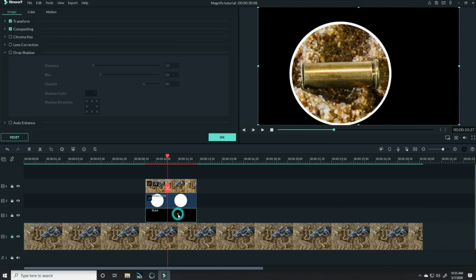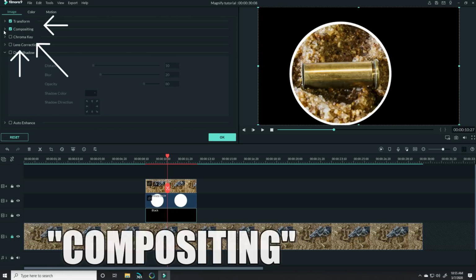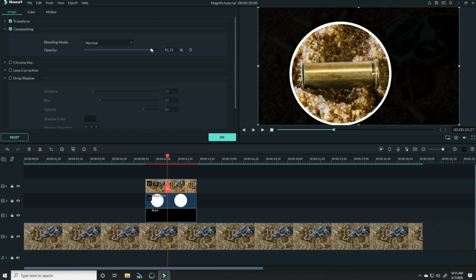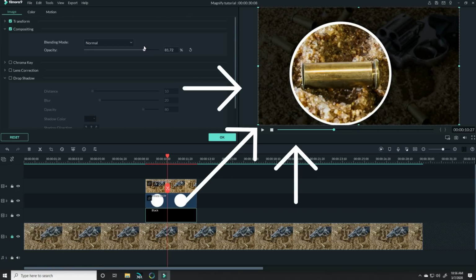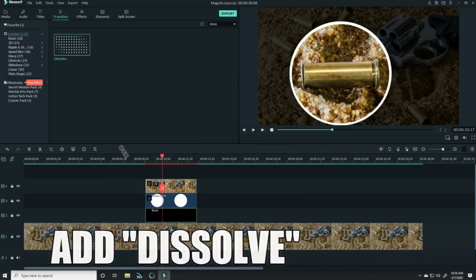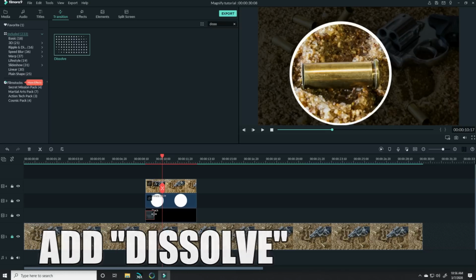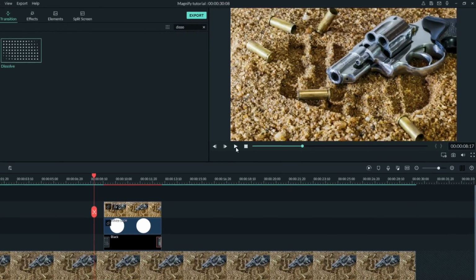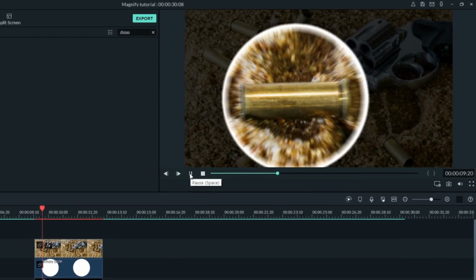But if you double left click on that, and in the upper left under the Image tab, choose Compositing, now you can dial back the amount of transparency in that black, allowing that lower track to show through a bit. But it'll give it a much more subdued effect, allowing your magnified section to really pop. You can also consider adding a little dissolve transition to the beginning and the end of this black section so that it doesn't come in really harshly and just slowly fades in underneath your magnified pop.